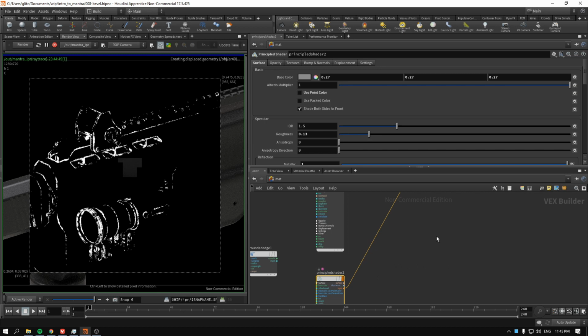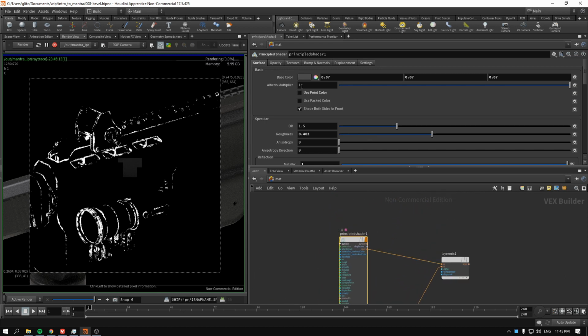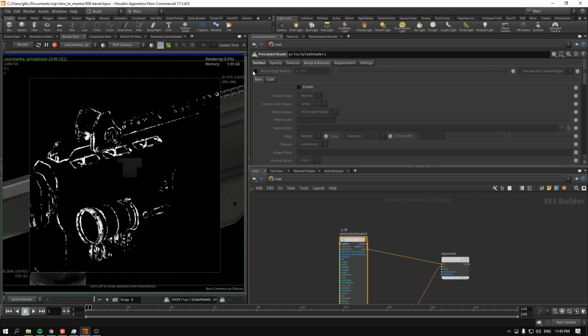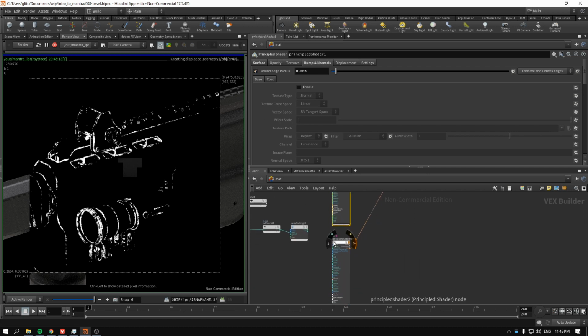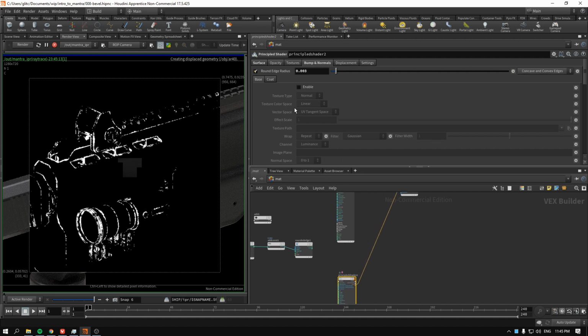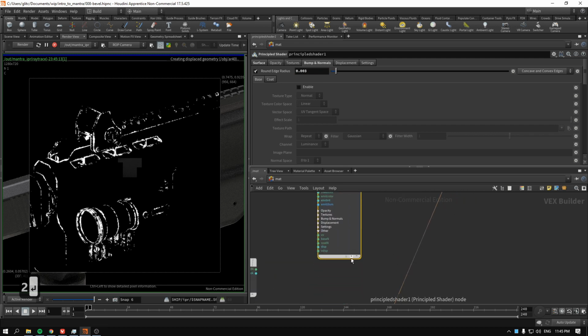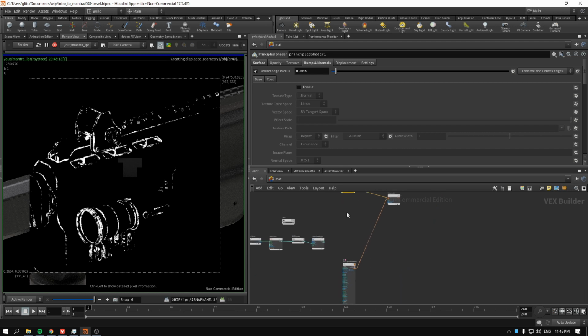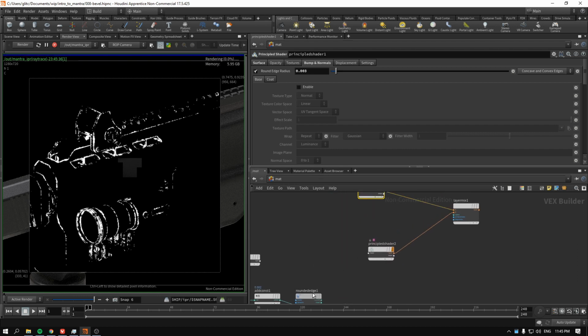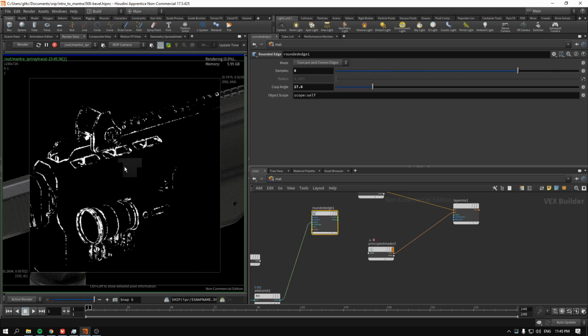Okay, we have two layers. What I want to go and do is enable round edge radius here and here. But here I'll make it 0.2 so it's different. And in our layer mix, I will collapse this one because this takes too much space. Don't you agree? All right, finally. So our mask,